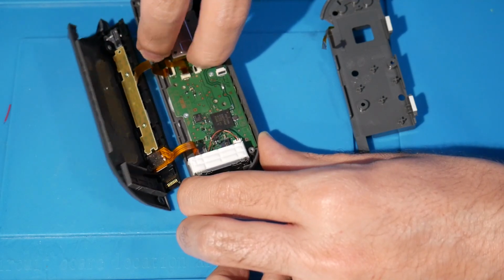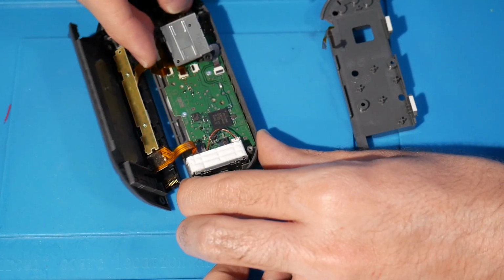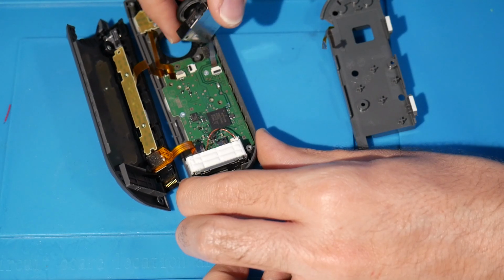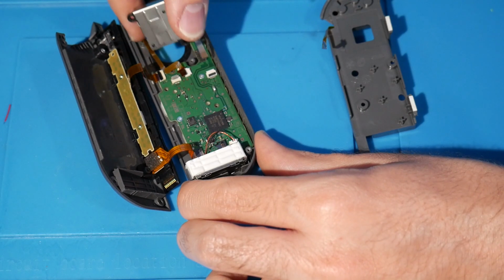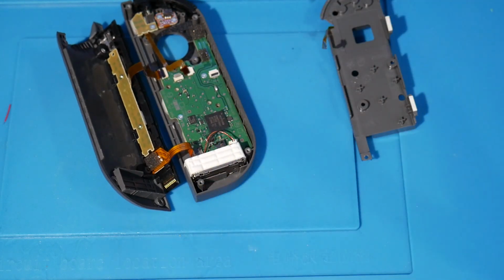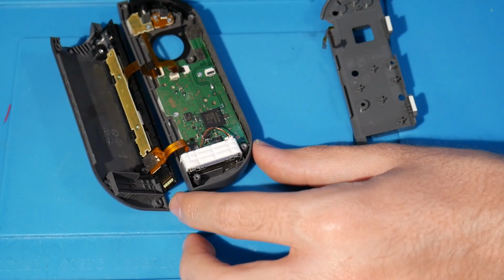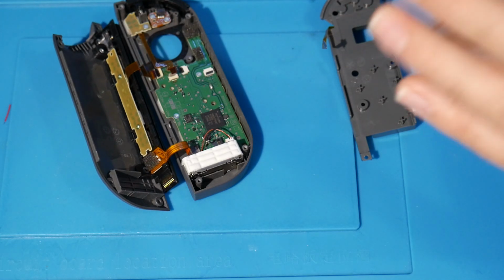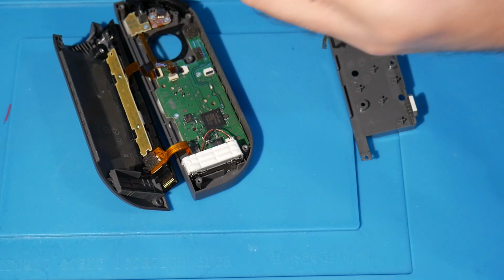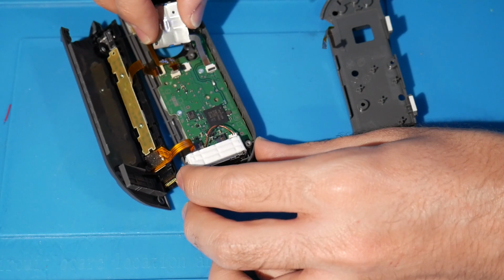And you kind of just have to finagle with this a little bit, like we did before. It's that little black adhesive there. And once you're available right here, you can kind of just, oh, look, there was like no effort. I already took out the ribbon. So again, you want to move that somewhere else that you're not going to touch. You want to make sure this is going to be back in place. We don't have any black plastic that's going to get in the way this time around, so this one is easier. But here, you want to take out your new stick here, and we're going to put this in